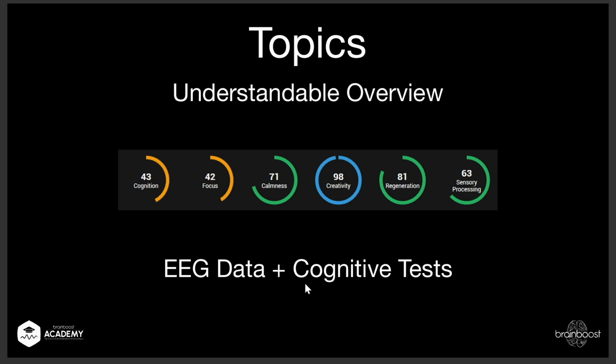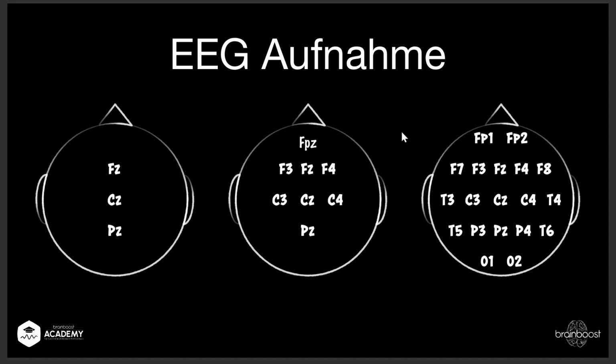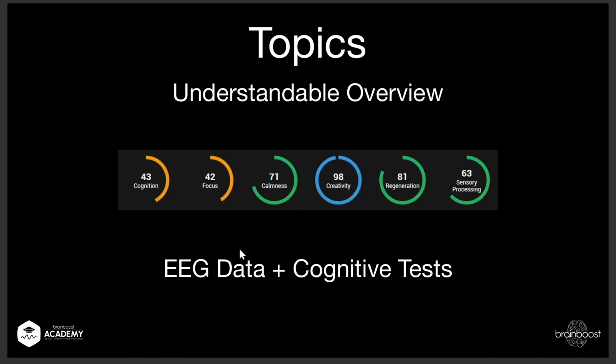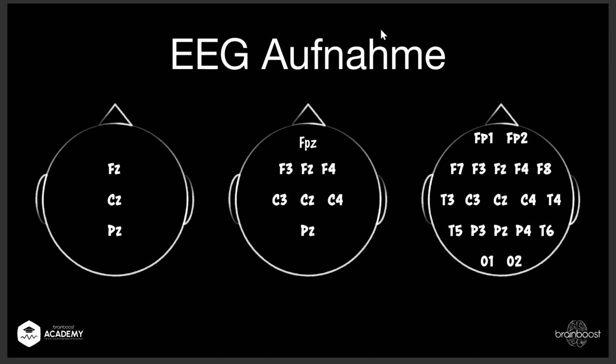To understand this, I just want to say a few words about our cognitive tests. EEG first, of course, and then cognitive tests. EEG recording. So depending on what hardware you use, you have a certain amount of channels. Of course, best case scenarios, you have 19, 24 and more channels, because then we have all the channels, all